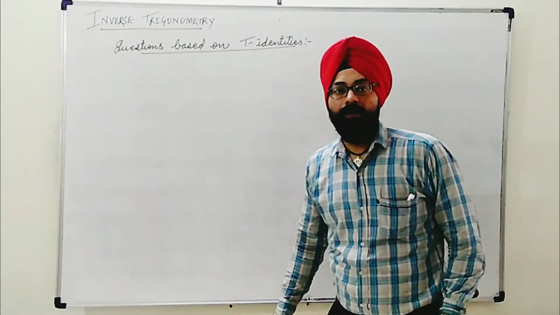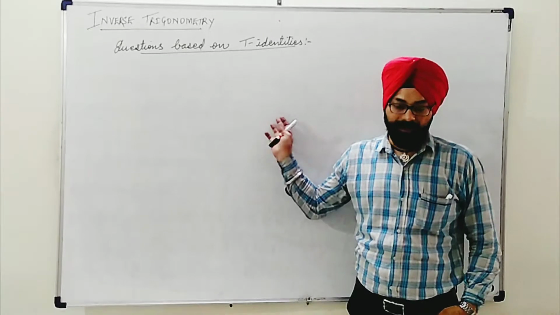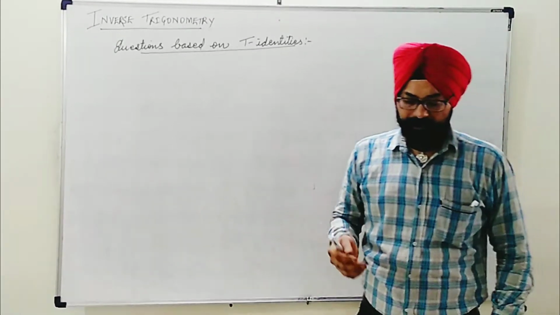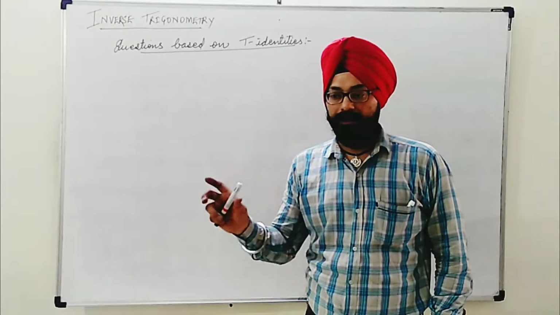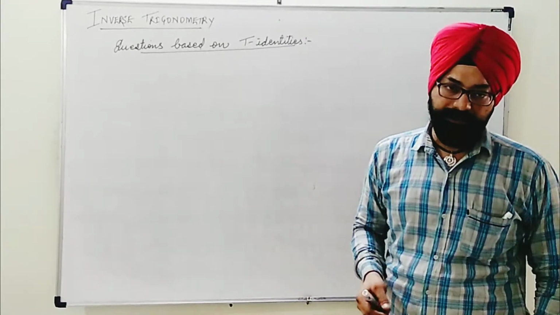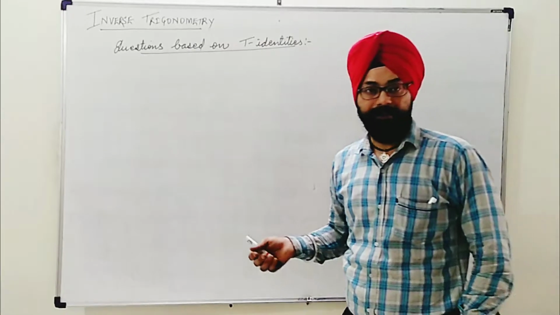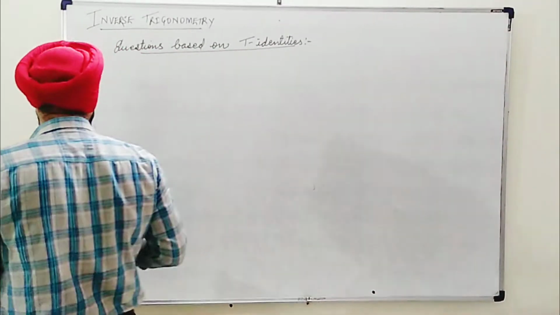Everyone. Here in this module we are going to see the questions based on trigonometric identities. Normally trigonometric identities were given in the previous lecture. As you have seen them in the previous class also, but a few identities are derived from the basic identities and are directly used. I will discuss them here first, then only we will go ahead.